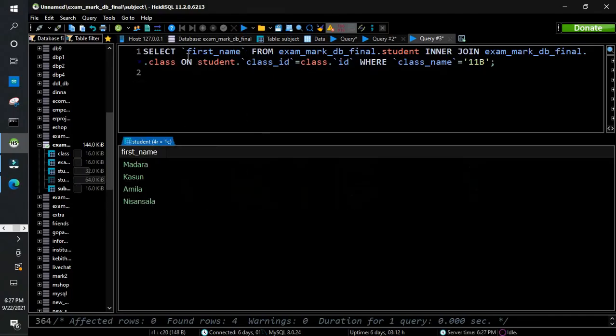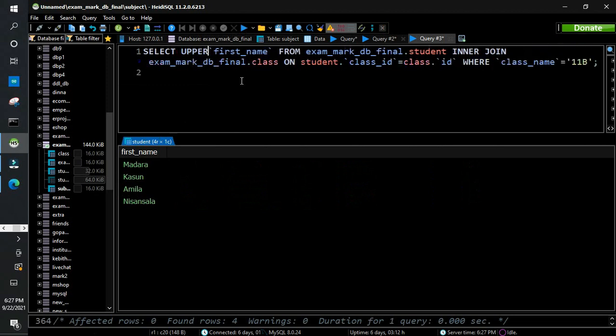Now I have all the first names, and I have a function called upper. When you put this upper function inside the column, what it does is it transfers all the letters which are inside to uppercase. It pushes them to uppercase. Uppercase means in capital letters.